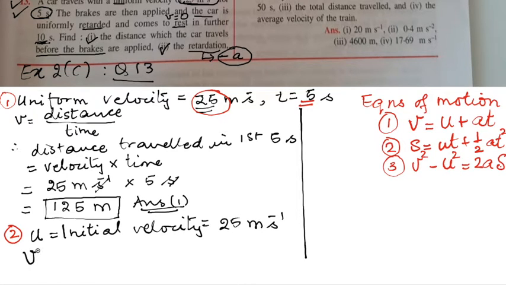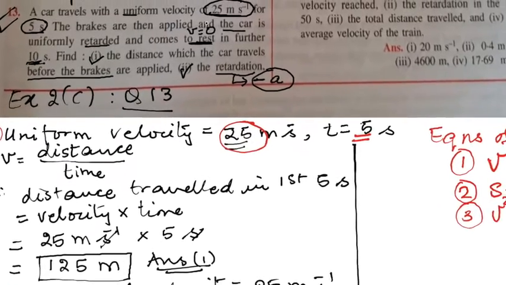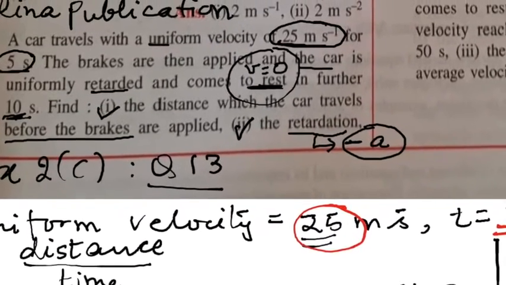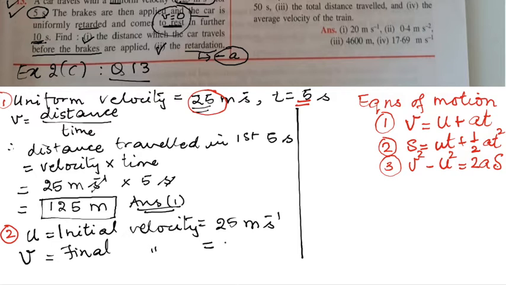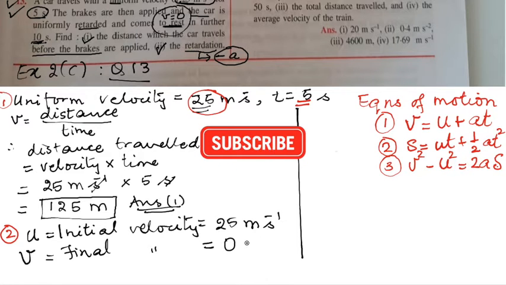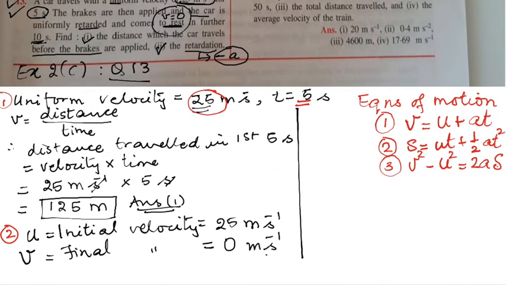And the final velocity, that is V, small v, this is the final velocity. And obviously when we apply the brakes, can you see it comes to rest? Can you see this part over here? It comes to rest. So it becomes final velocity is 0 meter per second,